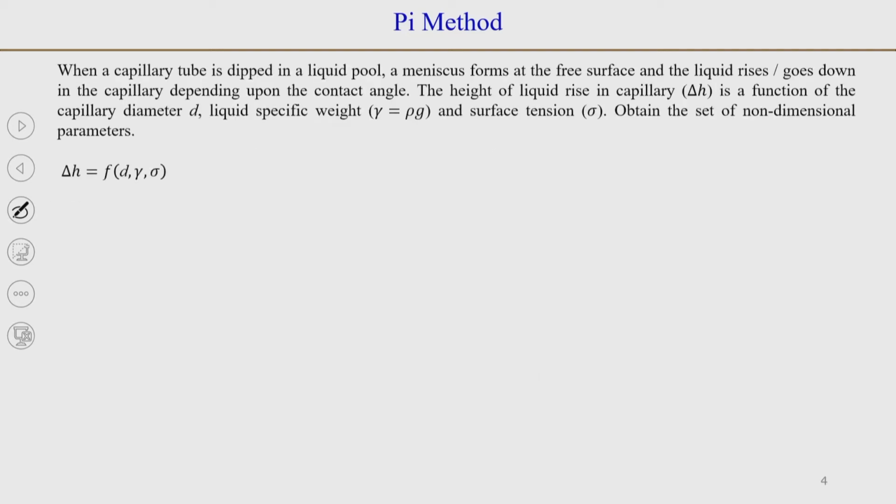So, let us revisit the problem again. We have delta h is equal to a function of d, gamma, sigma. The dimension of h is L, the dimension of d is L, the dimension of gamma is m L raised to the power minus 2 t raised to the power minus 2, and the dimension of sigma is m t raised to the power minus 2. So, we can make a dimensional matrix, and to make the dimensional matrix, what we need to do is